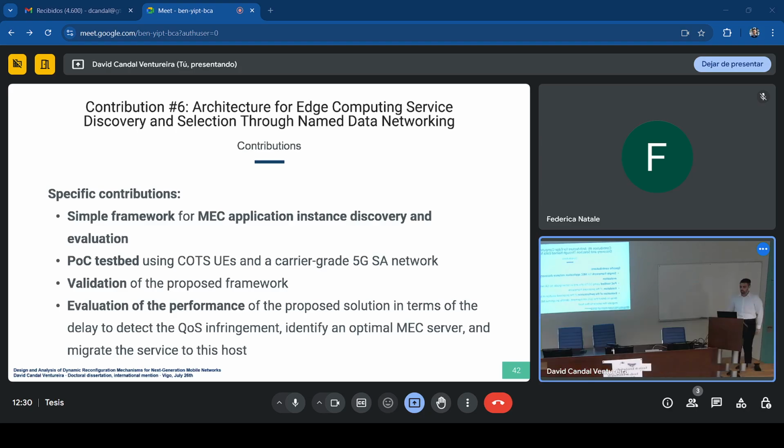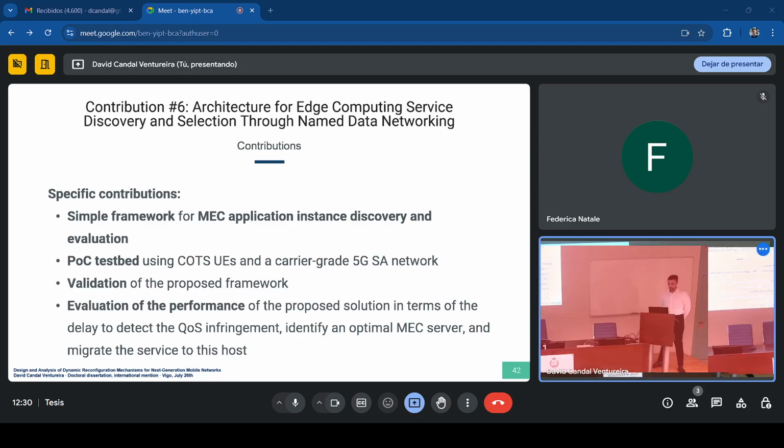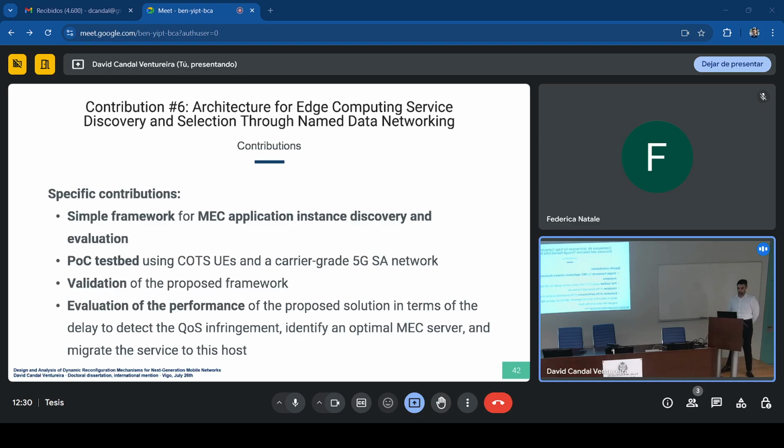In summary, in this work we have proposed a new framework that delegates to the UE the responsibility of selecting the most appropriate edge computing server and ensuring compliance with network requirements. The solution proposed in this work does not require any complex orchestrator at the edge platform, nor sharing private information such as the location of the users in real time from the operator to the edge platform. Instead, it delegates the responsibility of ensuring service compliance with service level agreements to the end device itself.